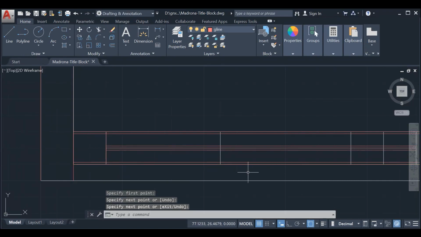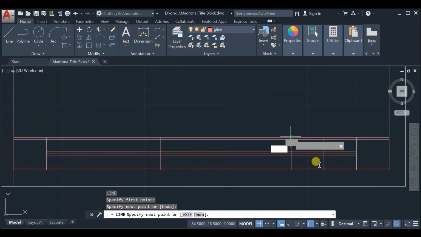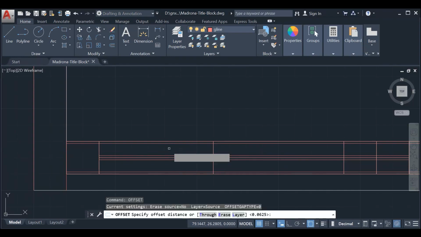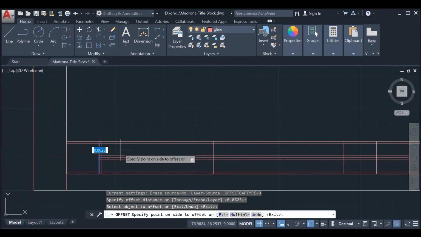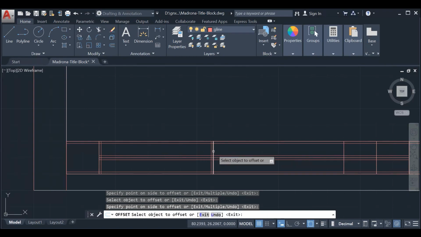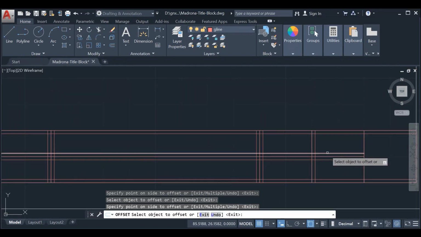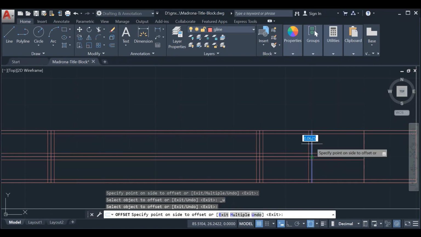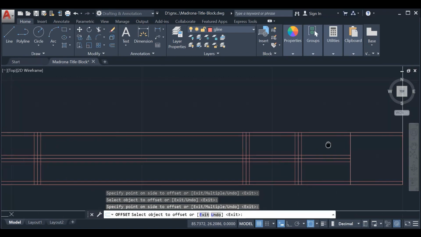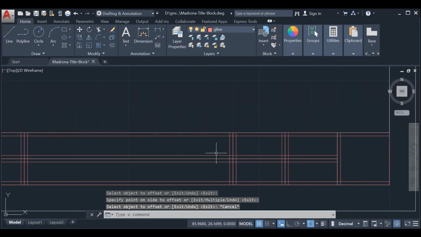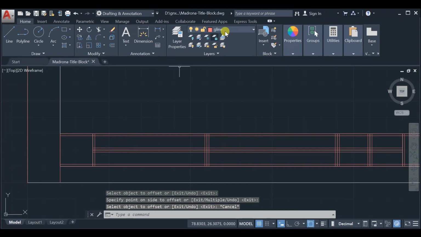Okay, so offset by 0.0625. Okay, so this one, that one. So this is like the Control G. So this is center, so left and right, and this one is only for the right side. Okay, so we can now